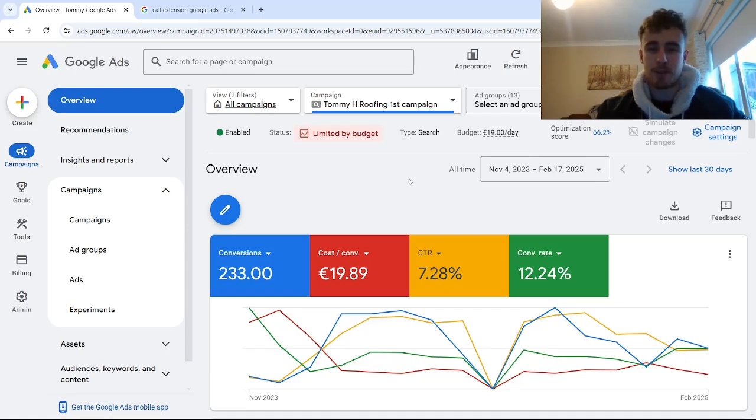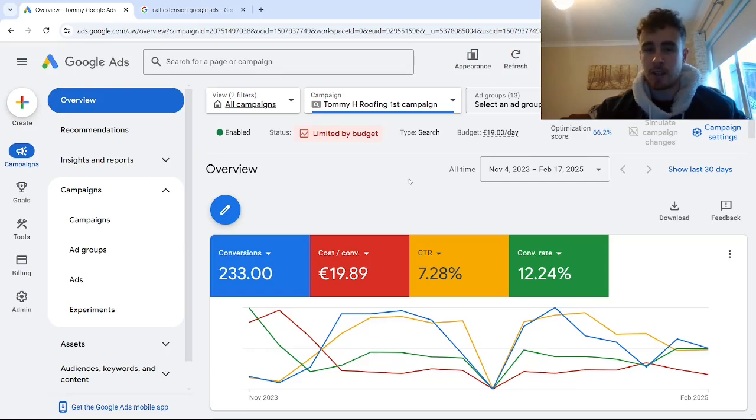But if you offer a service, for example, where the customer would need to know more information really before reaching out to get a quote a lot of the time, and a lot of the selling would be done on the landing page where they might want to learn more about what you offer, which is typically the case for more higher ticket services that aren't urgent. And a lot of the time they might be comparing different companies before reaching out. Then it might make more sense to just run responsive search ads or a regular search campaign with your call